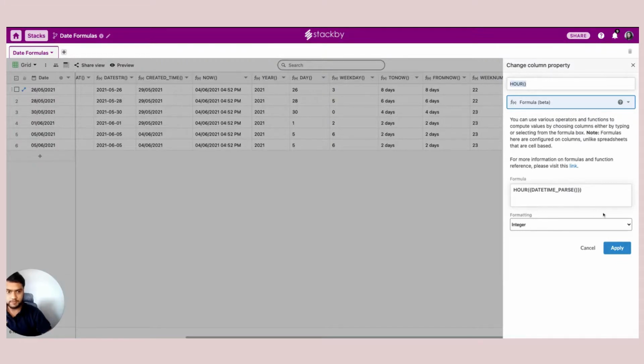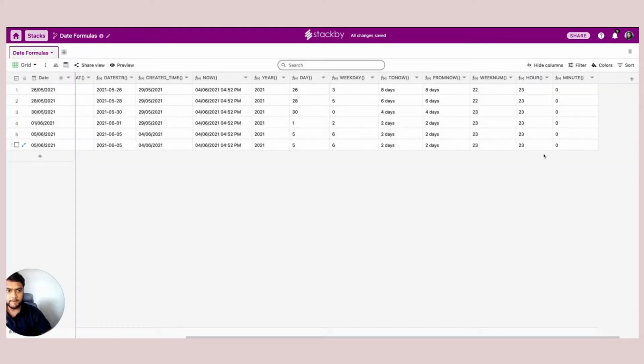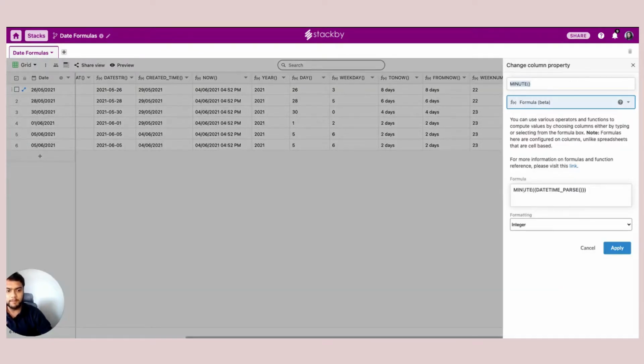I used the date time parse function, and what is the current hour of creation of that particular date? Just click on apply. It brings in the 23rd. So I basically created all these records on the 23rd hour of that particular day. And I can also do the same thing minute wise.